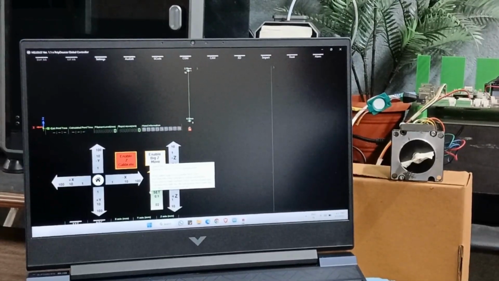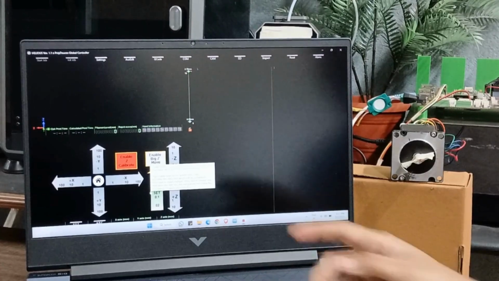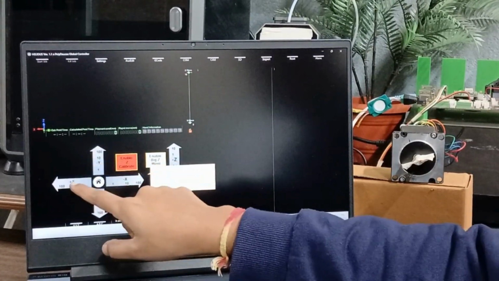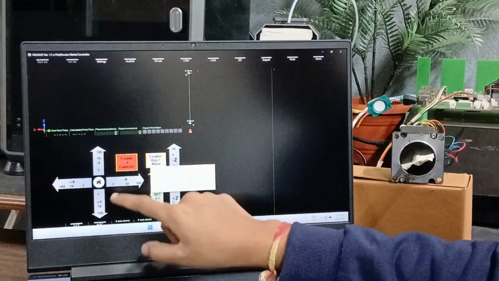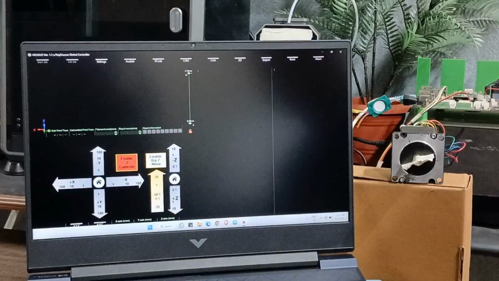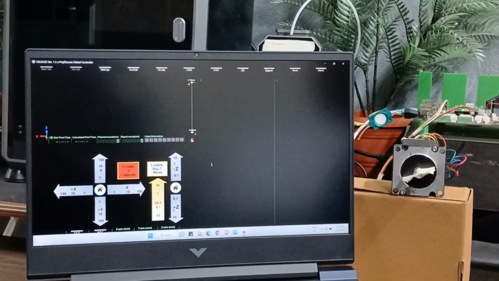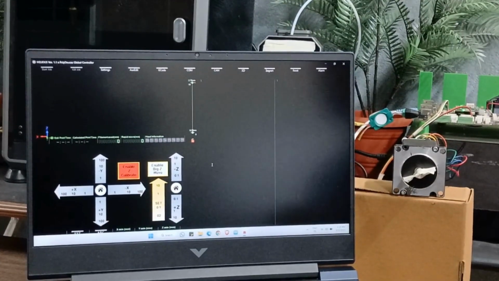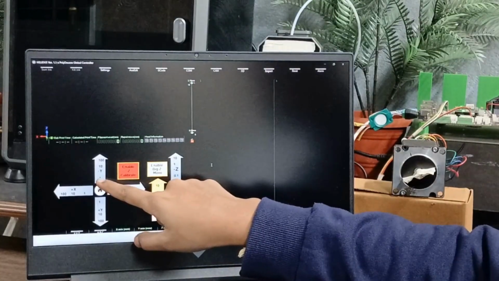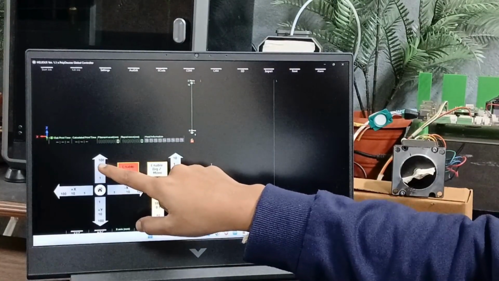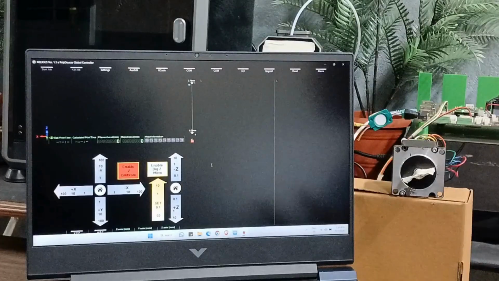So on the screen you can see the arrow buttons, that is these X, Y and Z calibration buttons. Okay, so what do these do? These arrows let you move the machine in small, medium and large steps. Small is 1, medium is 10, then 100 is for larger steps.